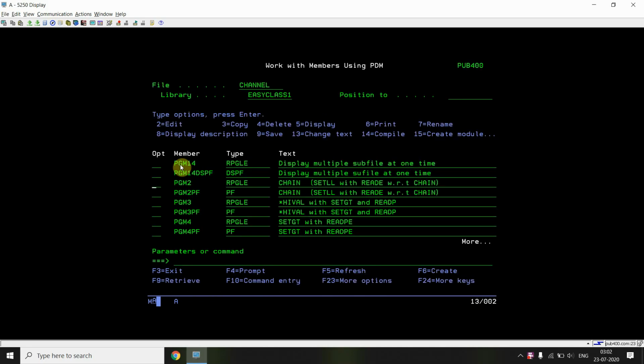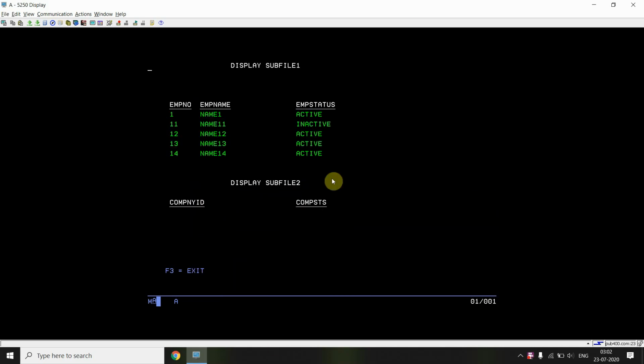Now if I clear the records in the company file, for example, and call this subfile program again, I can see that both the subfiles are displayed, but subfile 2 is empty. And for this one I can see the page up and page down functionality is working.